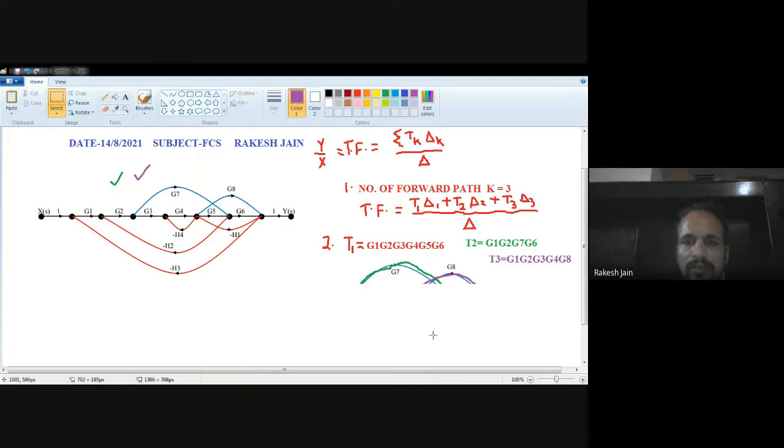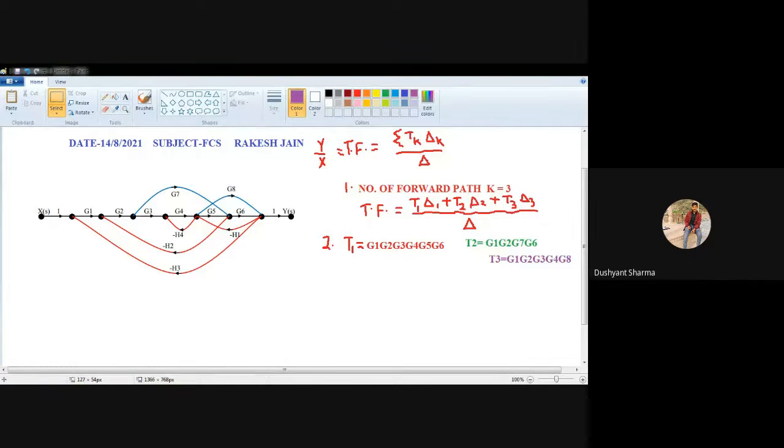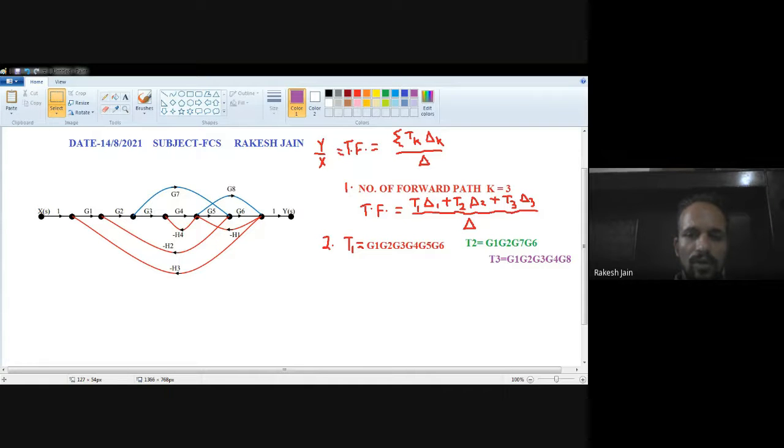So I just remove this one. Okay, so this one is step number two. So till now if you don't have any confusion related with this question, then type okay in the message box. So I will proceed now. Okay, Ganesh, Suraj, Ashik. Yes. If you don't have any query, then type okay if you understand this one. Dushyant, yes, sir. Type in the message box okay if you understand.